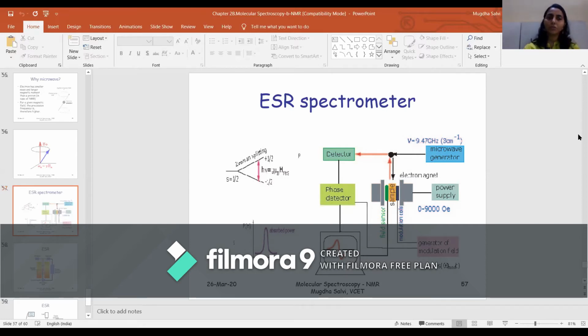The working principle is similar to that of NMR, except that in this case, the sample has to be irradiated with a microwave frequency rather than a radio wave frequency. Why? The simple reason is that an electron has smaller mass and a larger magnetic moment than a proton, which is inside a nucleus. So for a given magnetic field, the precession frequency is higher as compared to a nucleus. That is the simple reason why we require microwave rather than a